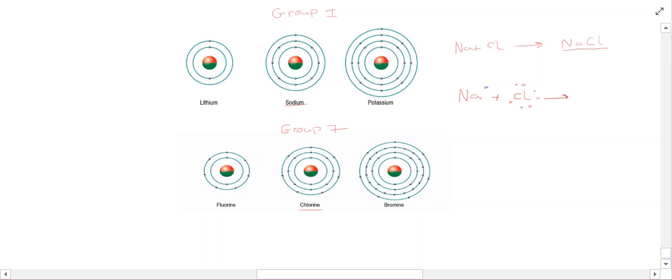So what happens is these react like so, and you get sodium, which will be positively charged, and then you get chlorine, and it looks something like this. And this is negatively charged. And what happens is this forms an ionic bond. These two ions hold each other together. But if we think about what's happening here and break it down,